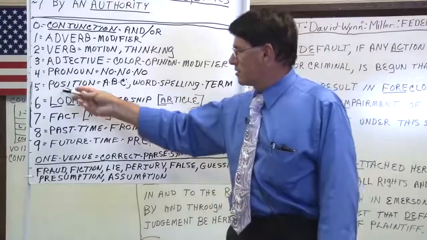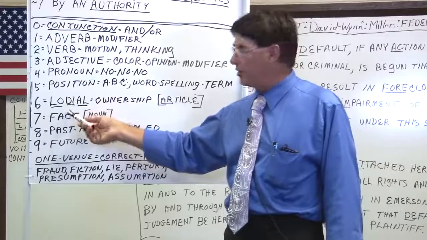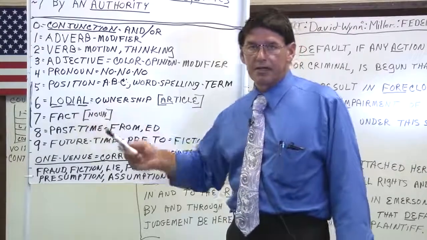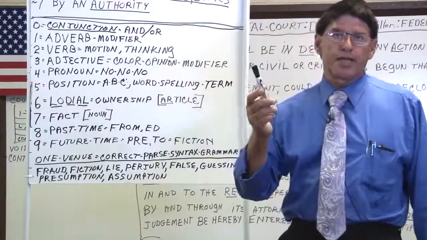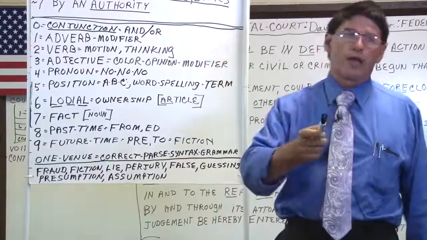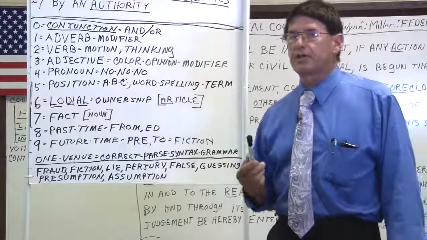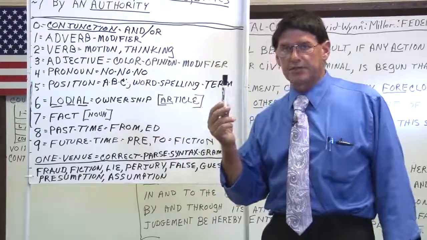Now, the position is always followed by a condition of lodio. Now, lodio, L-O means location, D-I is original, and A-L is contract. That's called the parse of a word. Now, if we're going to say for my pen, for your pen, for her pen, for his pen, for our pen, every time I change the lodio position of ownership, I change the definition of this pen.